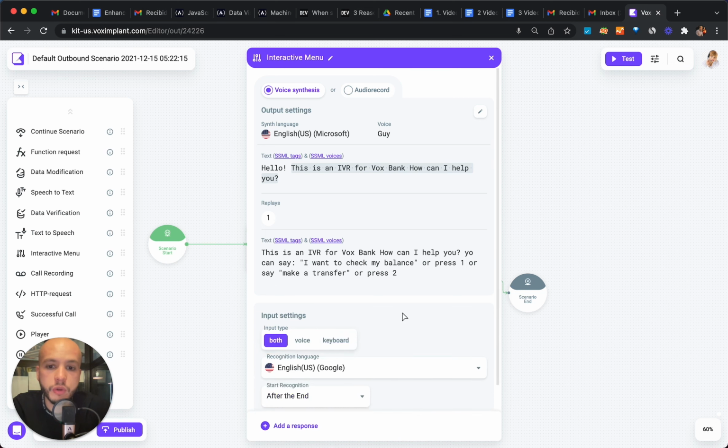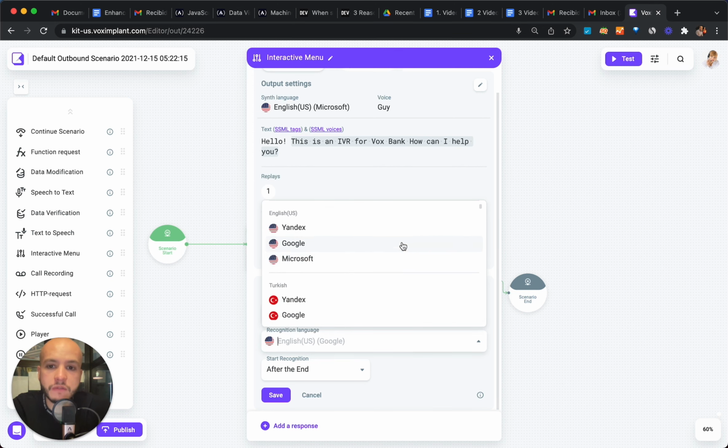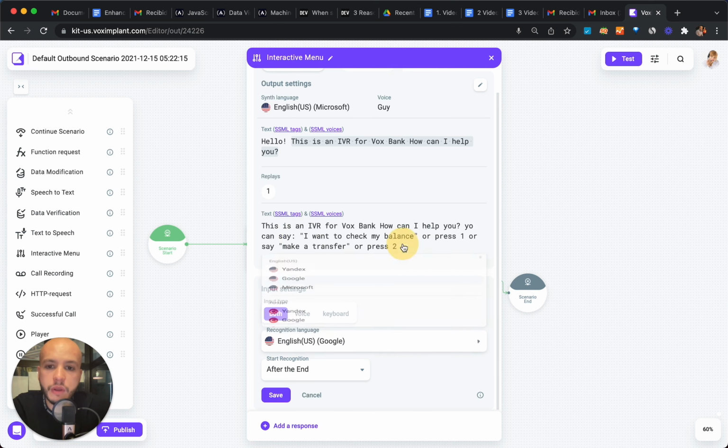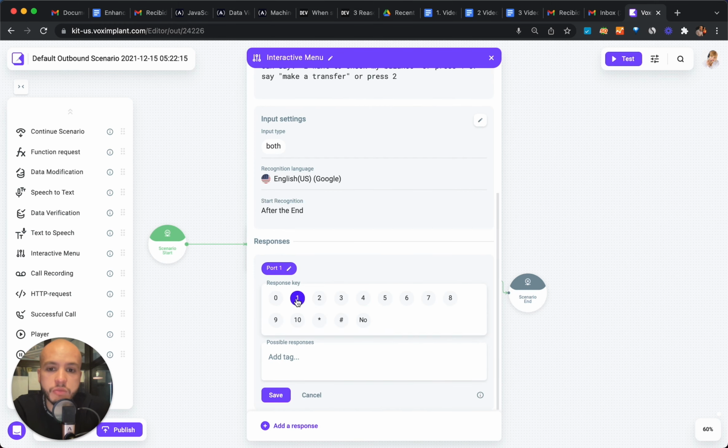In input settings, you can select voice, keyword, which will be recognizing the DTMF tones in the call, or both, which will allow your users to respond with voice or with the tones. In this case, we have to select the recognition language that we are going to use for the voice recognition. You can also select from the drop-down list our speech recognition providers. We're going to save this,